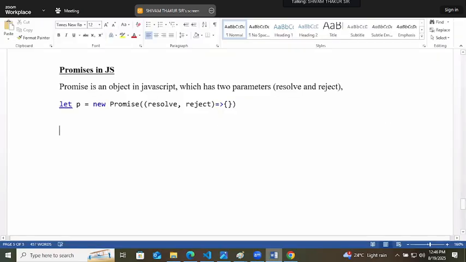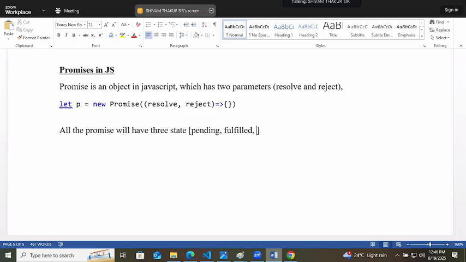So we will understand that all promises have three states. If you have given a promise to someone, there are three things that can happen. Pending means you are not yet able to decide what to do. Resolve, or that is called fulfilled, means you are fulfilling the promise.